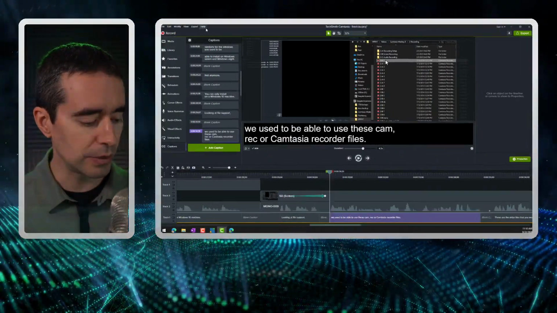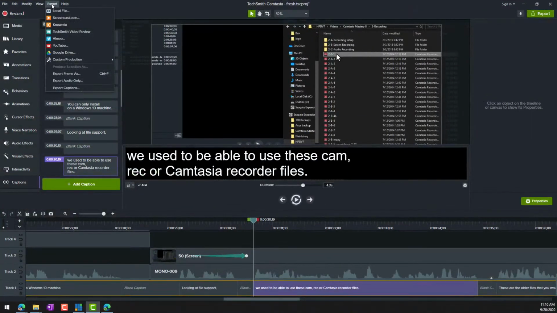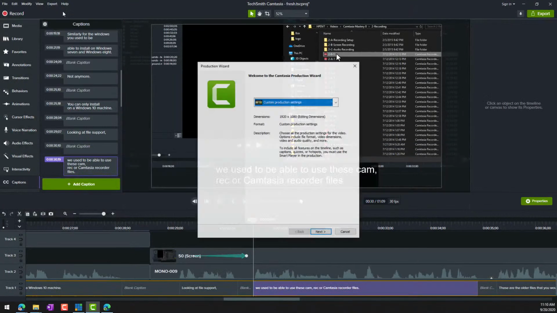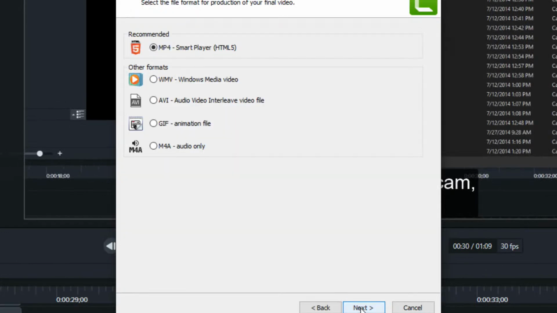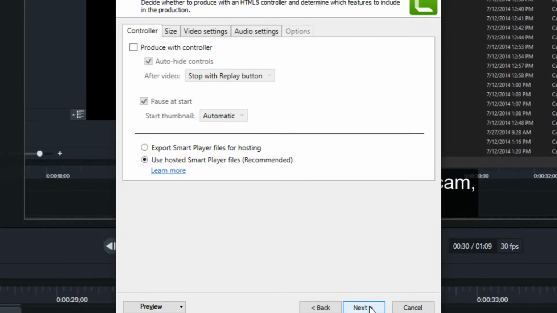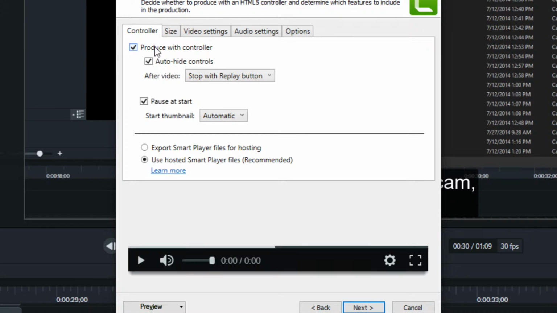Now that the captions are imported, what I want to do is produce this. So if I go to local file, I'm going to leave this at a custom production. And I think I want to, let me zoom in. Can I zoom in? Is that too far? All right, that's good. I'm going to say next. MP4 is good, next. And then here are the options that I want us to consider. So I'm going to say produce